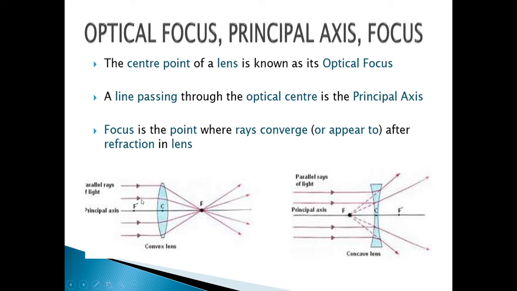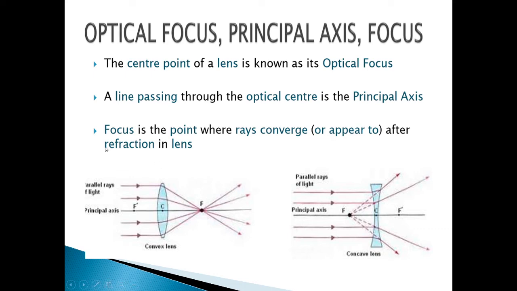A convex lens is called a converging lens. When all the light rays pass parallel, they meet at a point F. All the light rays come to a point, converge to a point. So this lens is called a converging lens. Coming to the concave lens, all the light rays passing through it diverge, move outwards, and appear to come as if from a point F. So this is called a diverging lens.